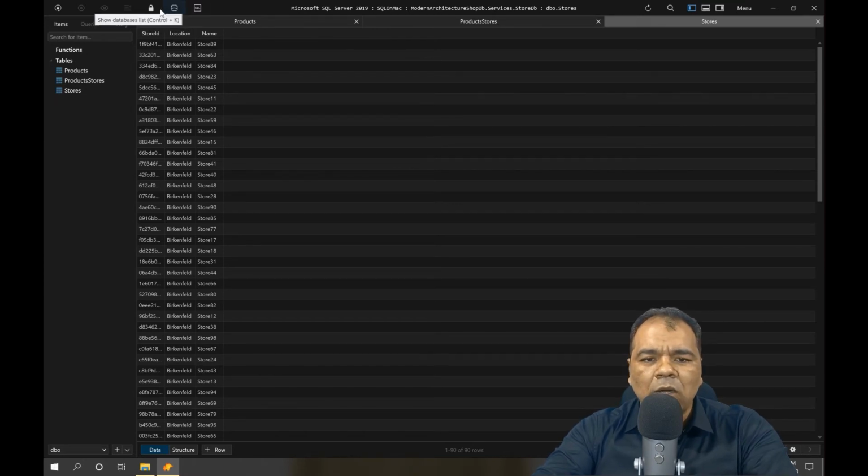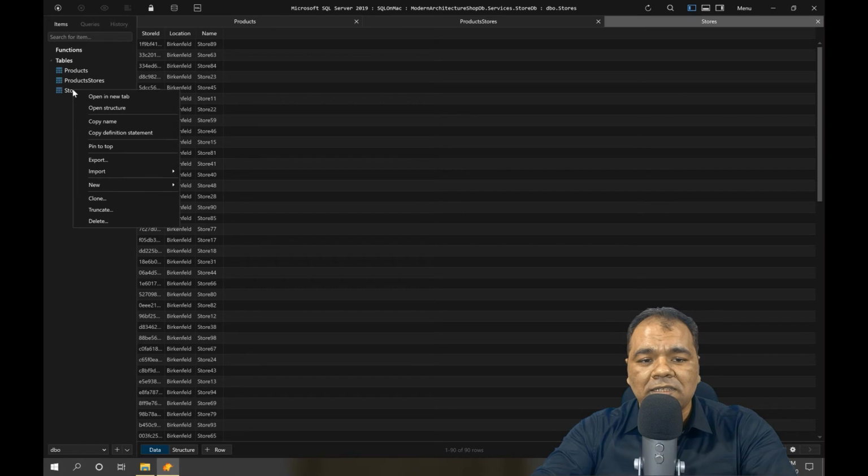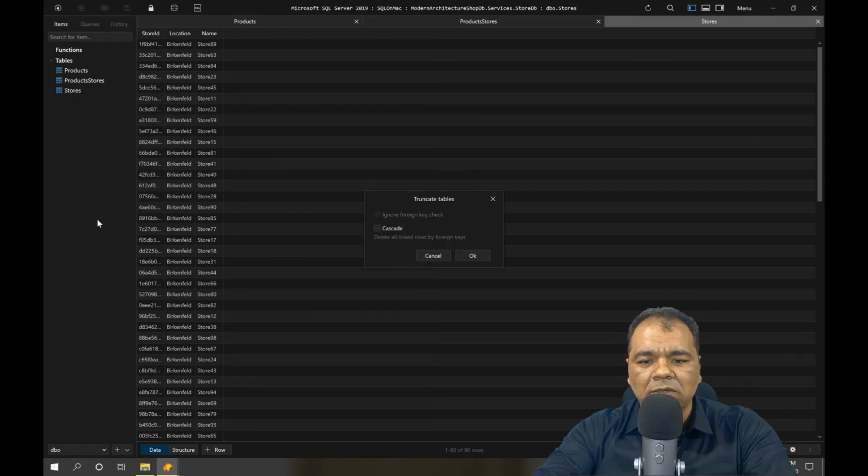Okay, and now there is also a safe mode level. I haven't used it, so I don't know much about it. This option is right now disabled. Basically this option is for committing the changes to the databases. So if you have made some changes to the table and you want to commit those changes, you can click on this link. Let's say if I delete this table, although I am not going to delete it, but if I delete it, I'll say cascade, and this is red.